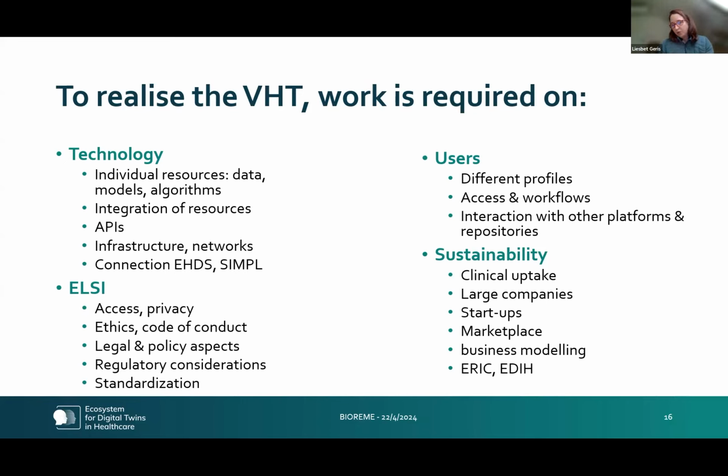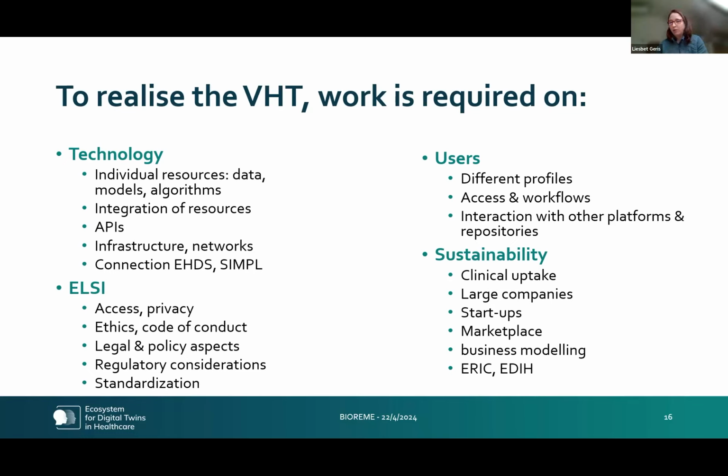There are then also the different users that might have different requirements, different expectations, different levels of knowledge when they access the infrastructure. And you might want to change the way they interact with the platform based on that. As a starting PhD student, I want to see everything that is in there. Whereas if I'm a clinical user, I don't want to see all of the very early research models and developments. I want to see the things that already have a certain level of credibility, that have already passed certain steps of scrutiny.